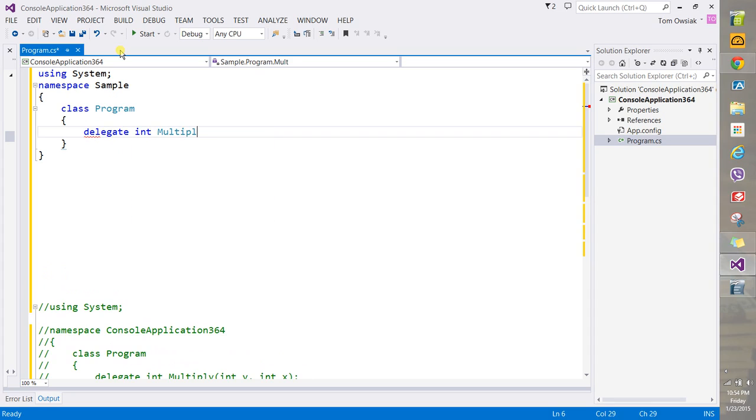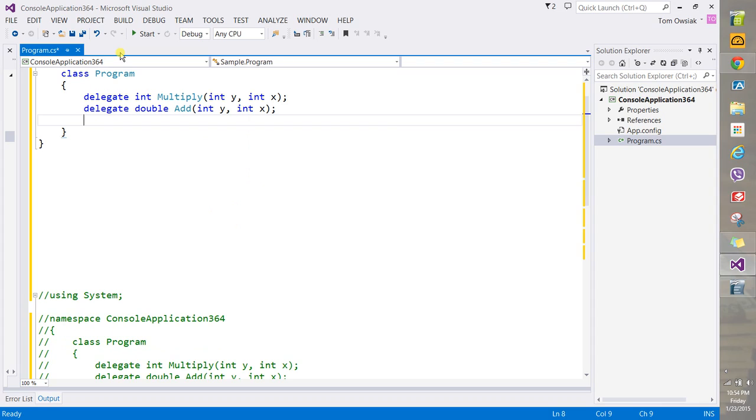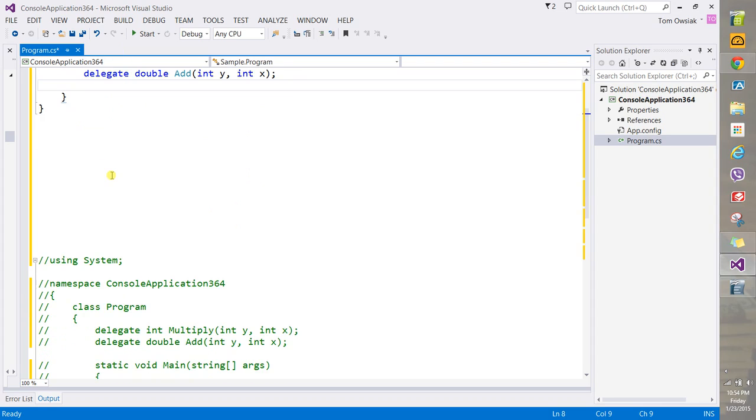Name of it is multiply. Integer y and say integer x. And then close out a semicolon. Okay, so here's one delegate. Let's make another one. Delegate double and then add. And then int y and int x, close out a semicolon. Alright, so now let's make a static void main,